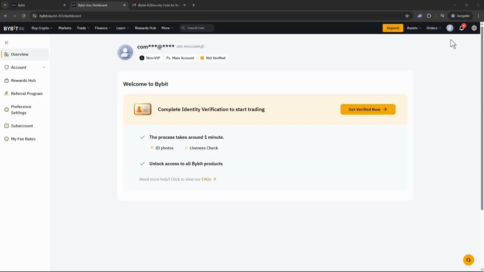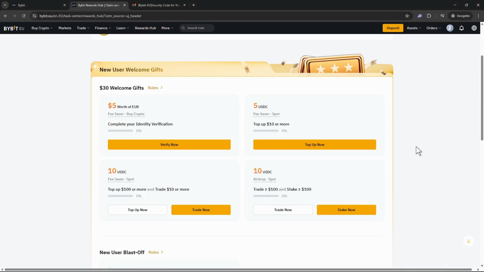So in order to claim some of those rewards, we're going to go back to our dashboard, and right over here in the top, we're going to click on Rewards Hub. If you scroll down, you can see right here the new user welcome bonuses. You can get $30 in welcome gifts. Right here, you can get €5 or $5 wherever you are just to complete your identity verification. You can get another 5 USDC to top up $10 or more. Another 10 USDC to top up $100 or more and trade $10 or more, which basically means you put in